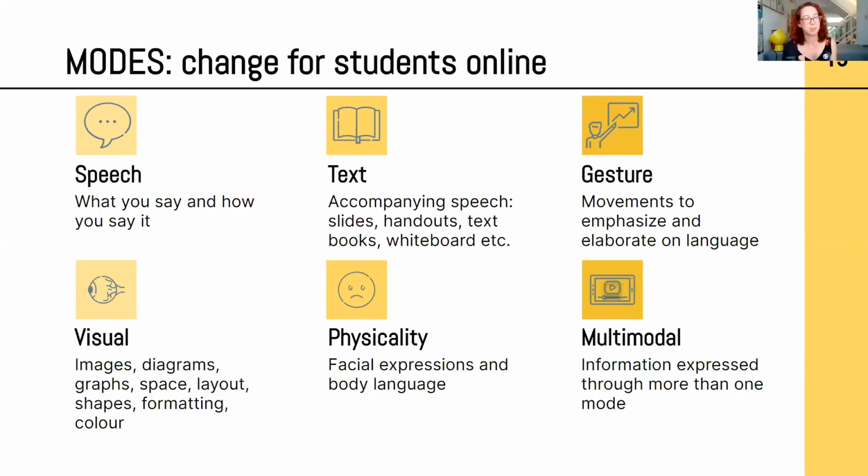It's interesting. The visual images, we've got both more opportunity to include visuals and less, and the physicality can change. As a teacher, I don't know how many of you have taught with Collaborate Ultra, but usually if you share screen, and one of the reasons we chose Zoom over Collaborate Ultra is if you're showing a slideshow, you either see the slide big or you see the person big. So if the person is tiny in the corner of the screen, you're going to lose all this facial expression and body language and all these things I'm doing because